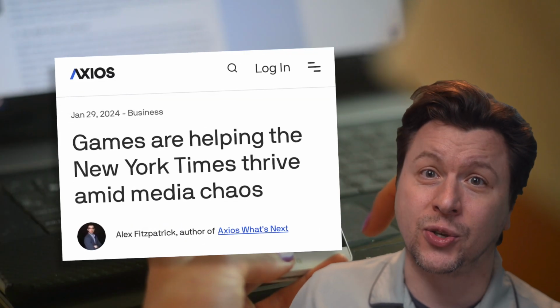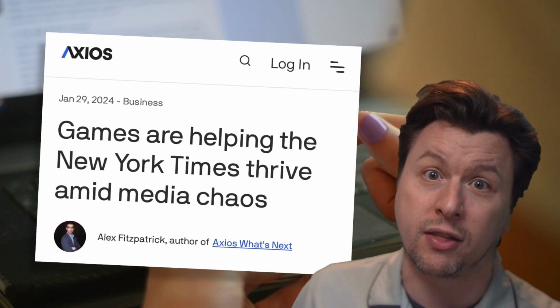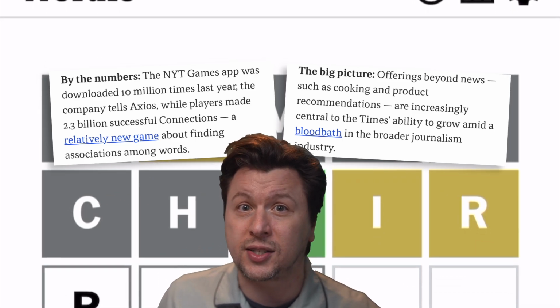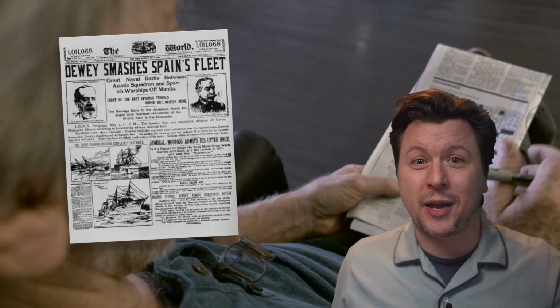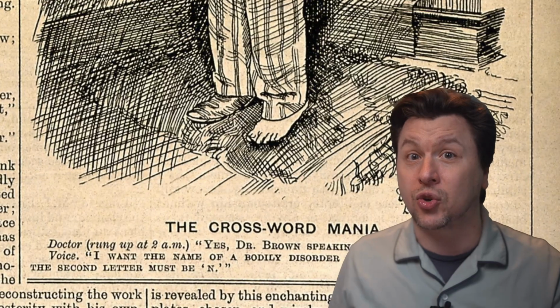Earlier this year, Axios reported that the New York Times Games app was downloaded 10 million times in 2023, and things like recipes and the daily Wordle are contributing to the company's increased subscription revenue. Games and puzzles, of course, have long been a news staple here in the States since at least 1913. After first appearing in the New York World newspaper and kicking off what this Punch cartoon once described as crossword